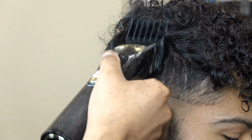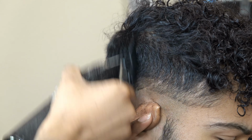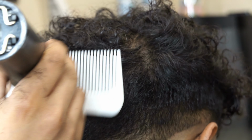Now I don't really show it, but I also use my thinning shears depending on the hair texture. But 9 times out of 10, I usually do shear over comb. Now right here I'm just eliminating, this ain't bulk, this is basically just blending in. Now there's some barbers that blend in